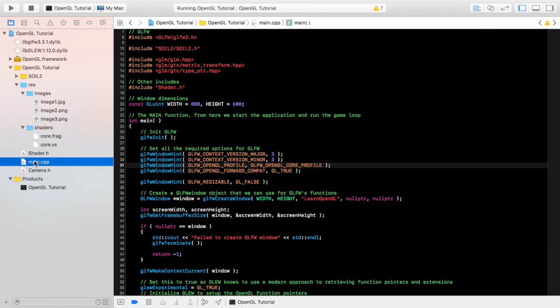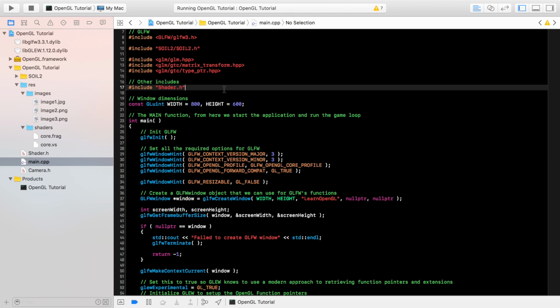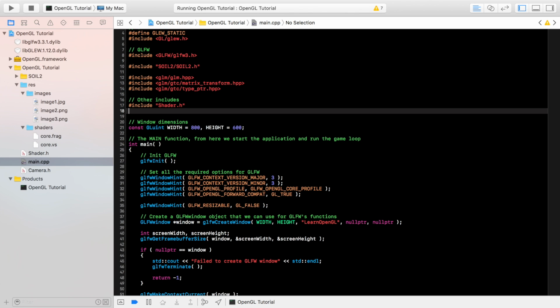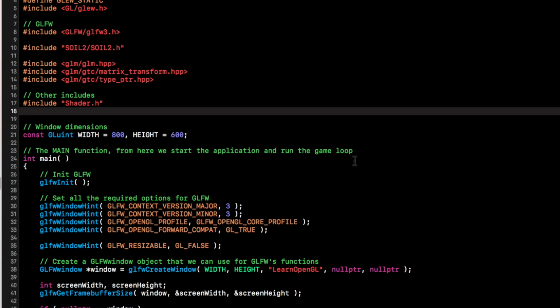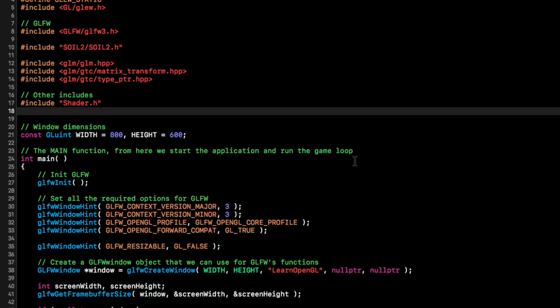So in our main.cpp, we're going to start implementing the input stuff that we've been doing. We're going to be using the GLFW sort of input system. But again, feel free to check out those links for more GLFW information, SDL and SFML information. First of all, we need to include our camera class. So let me zoom in right here. So hash include